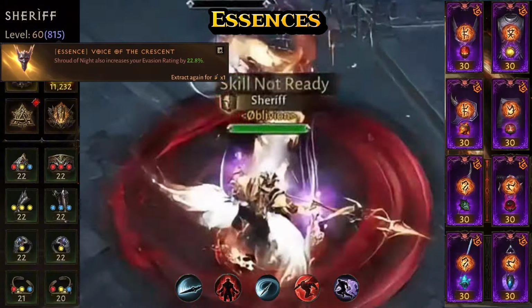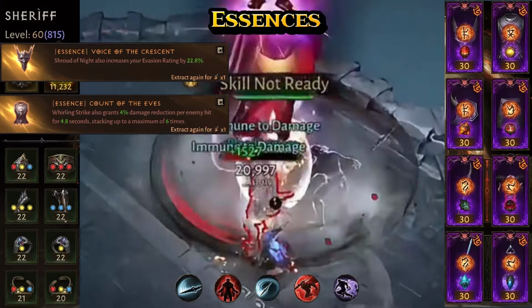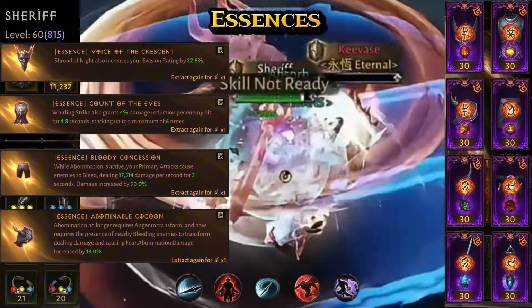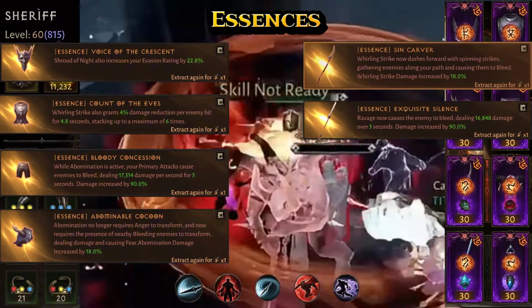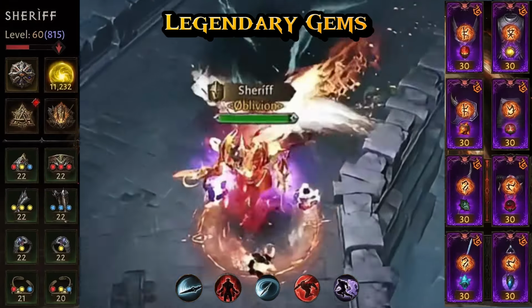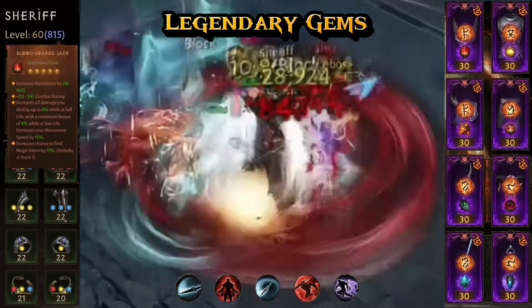For the chest, the Count of Eves. For the pants and shoulders, we have the Bloody Concession and the Abominable Cocoon. For our main hands, we have the Sin Carver and the Exquisite Silence, and the offhands of the Fiendish Memento and the Dangling Terror. Next, we'll take a look at Sheriff's legendary gems, as we see a Blood-Soaked Jade, Bottled